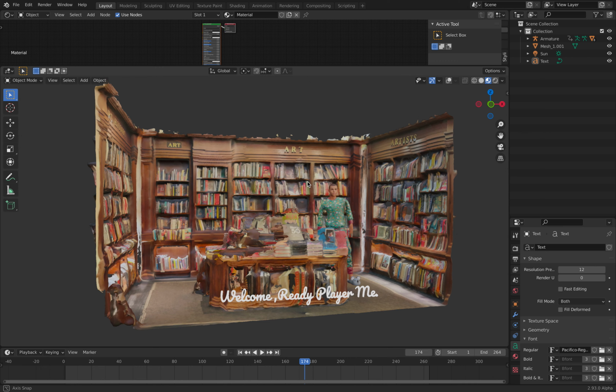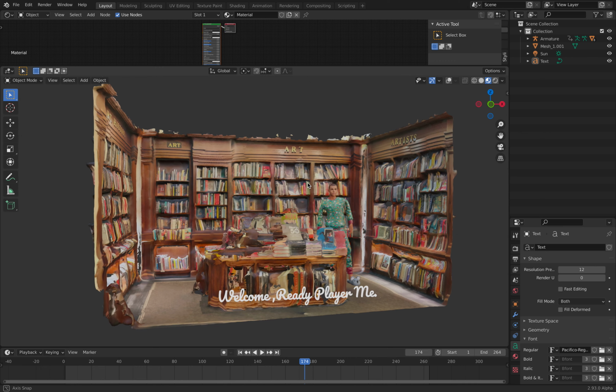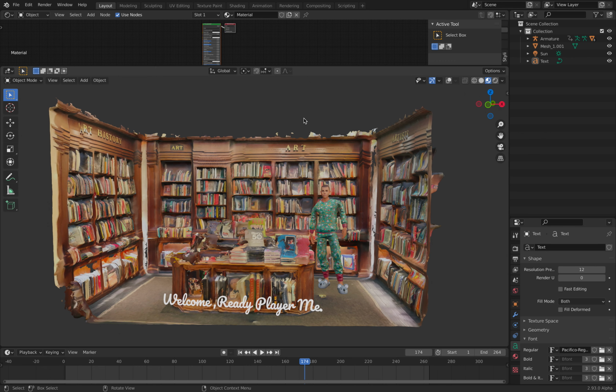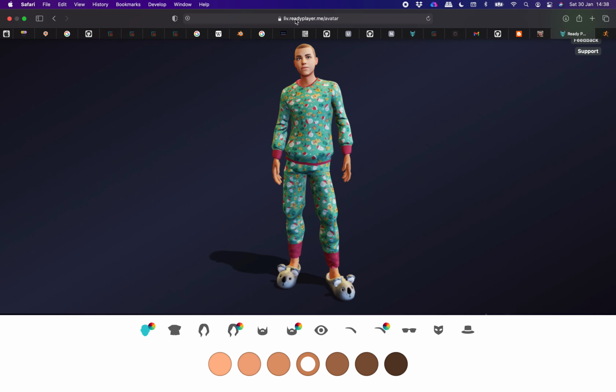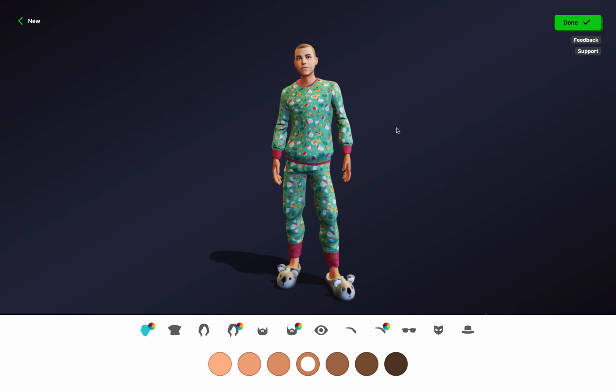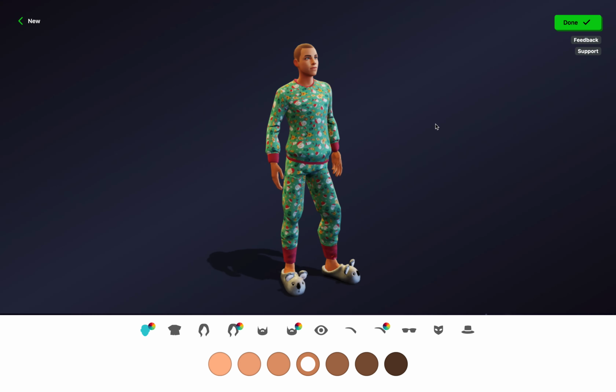Today I'm gonna be talking about how I created this scene. So basically, this character, I didn't make this. This is just one of the characters generated from LIV. So this is LIV from ReadyPlayerMe Avatar. This is one of their generic male characters, but you can make male or female for the body type,